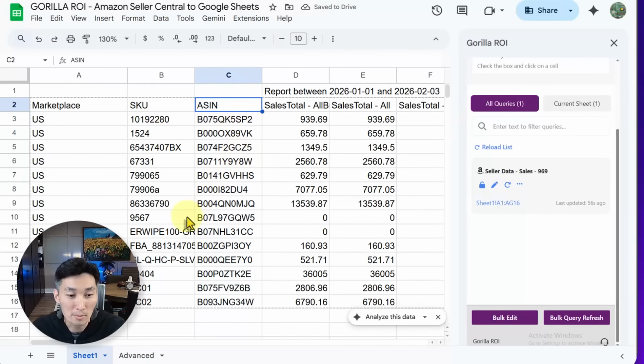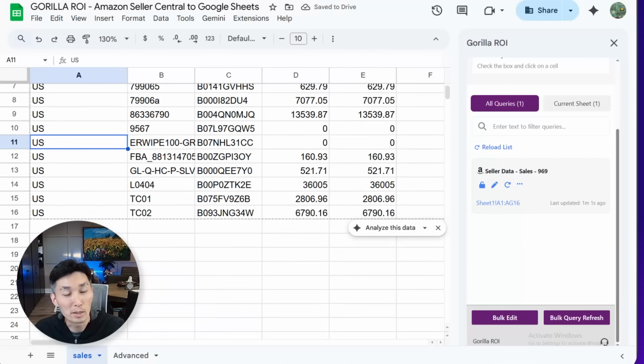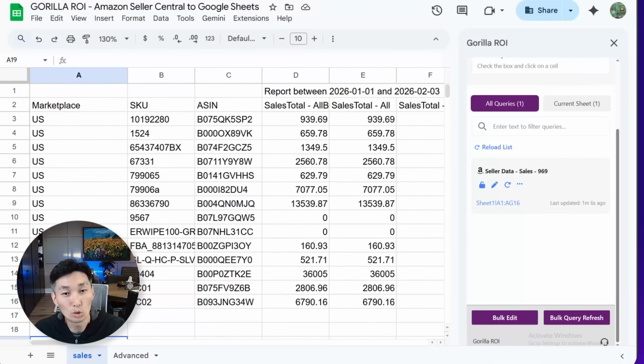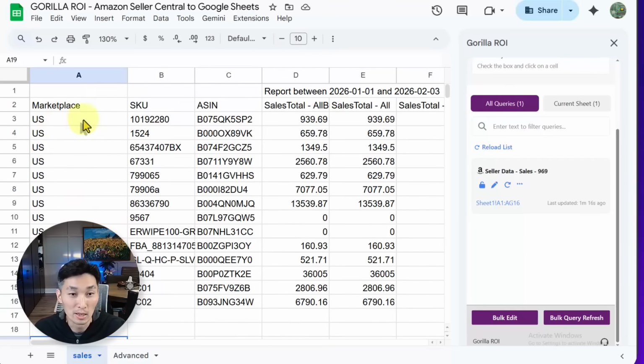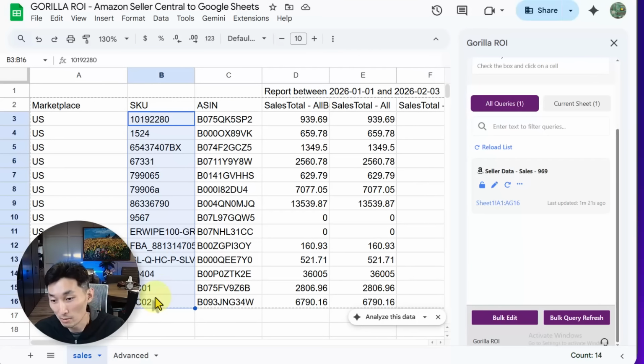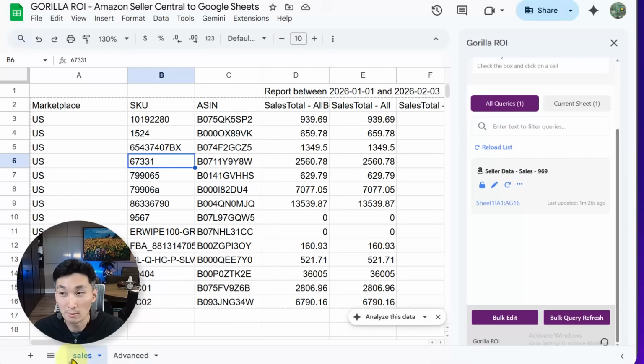Let's go in and get some extra data. So this is sales. I'm going to rename this tab so I don't mess things up. I see a lot of people trying to load too many different data points within a single tab, and that is very bad practice. It's not ideal, because if your data grows from, say, I've got 14 SKUs, and let's say I grow it to 50 SKUs, then it's going to overwrite. So what you want to do is just keep things separate, keep things clean.